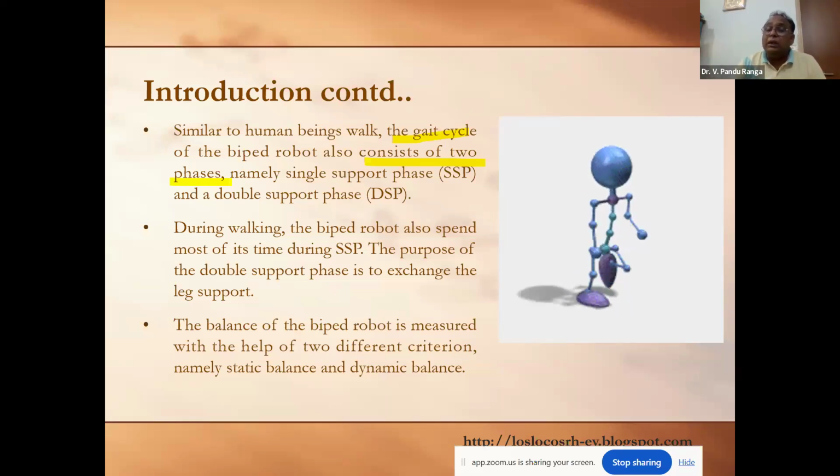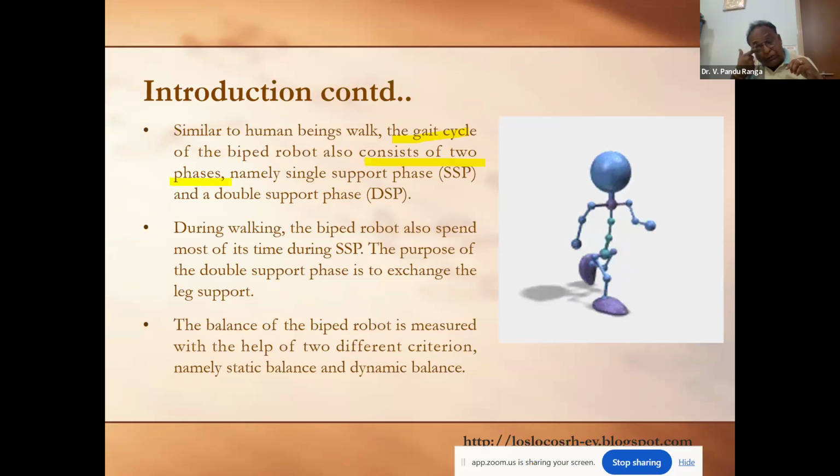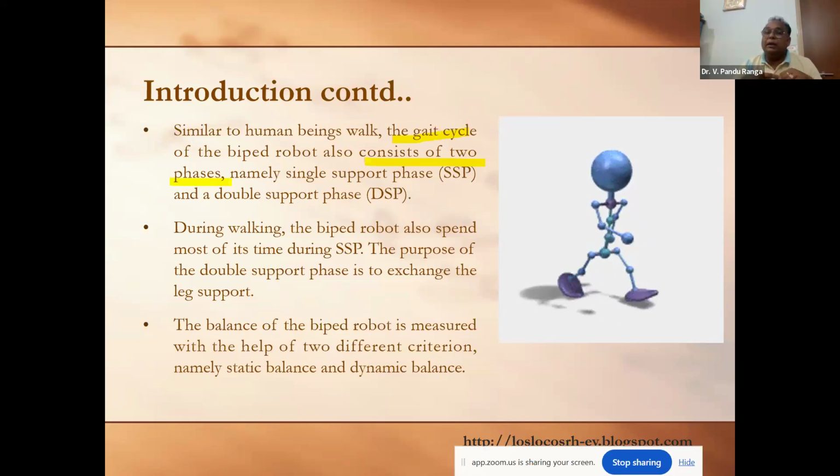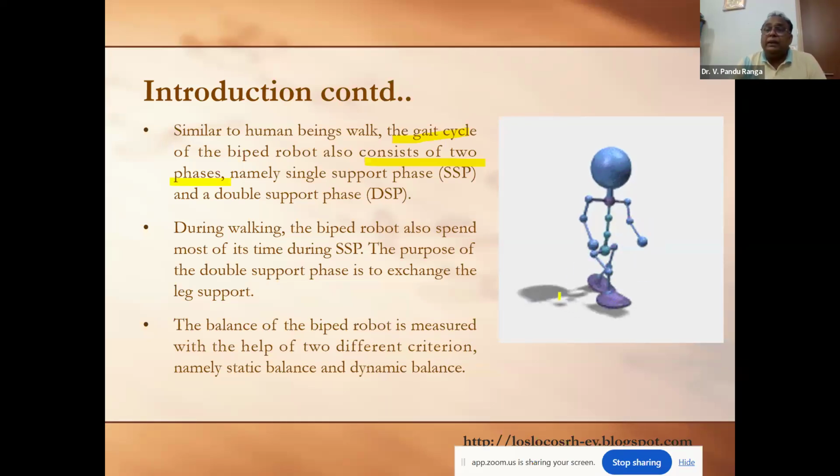As we can observe in this animation, during a gait, human beings spend most of the time in the single support phase, and the double support phase is almost instantaneous. The purpose of the double support phase is just to exchange the leg support. And when the robot is working with the help of two legs,